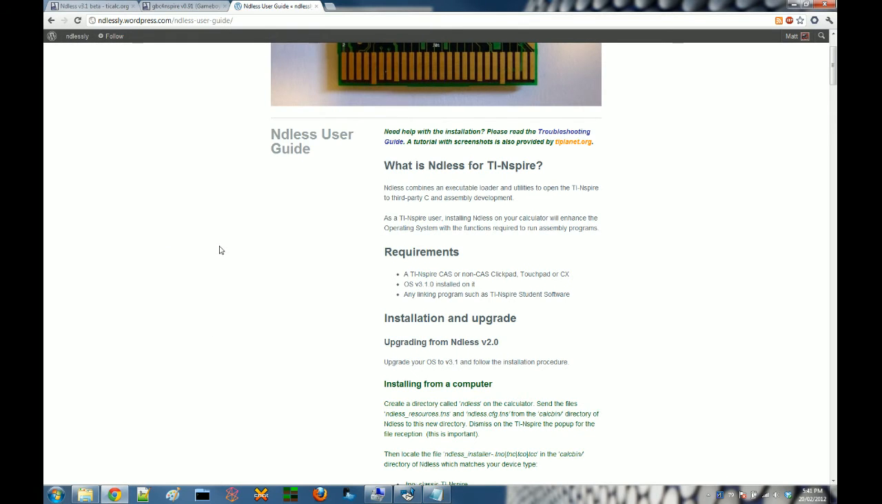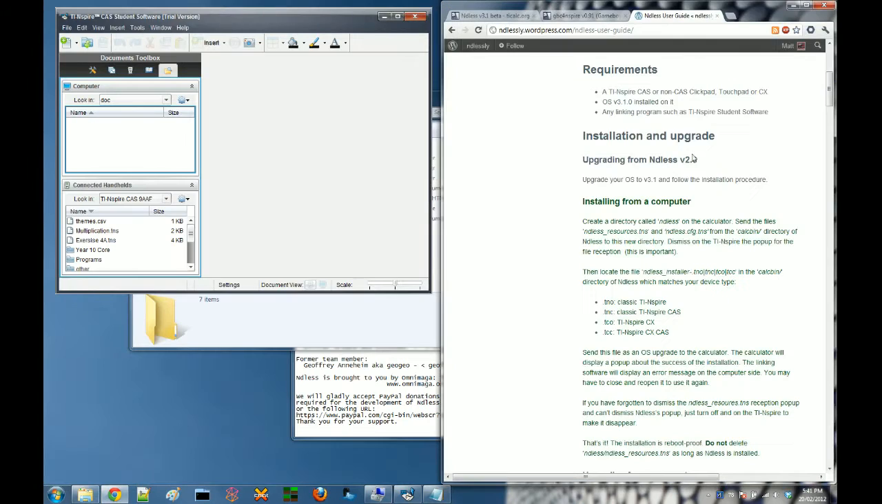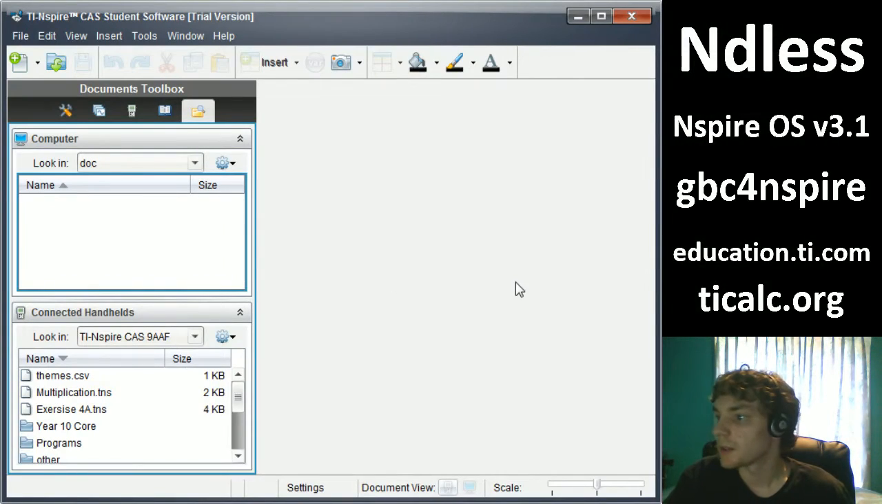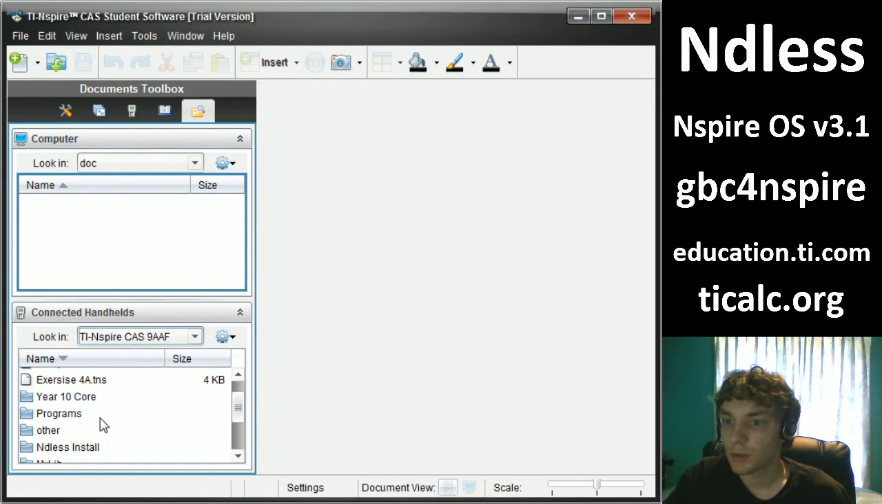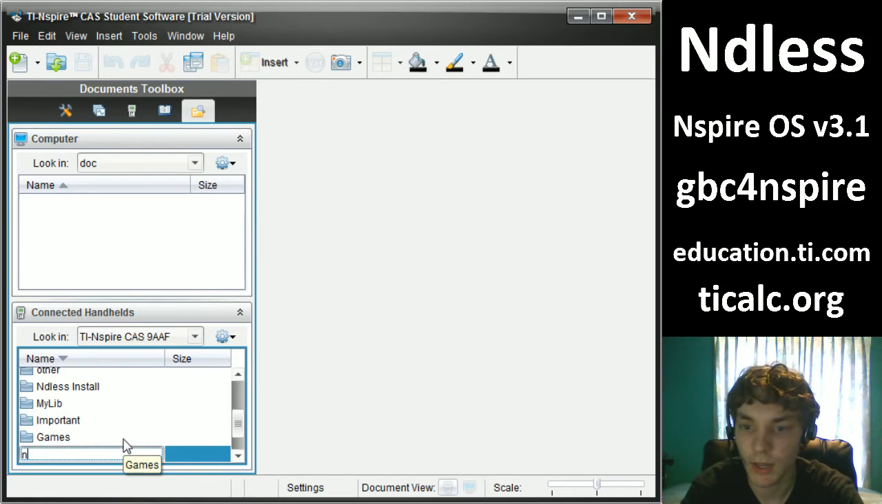So what we're going to start off with is to install it. It tells you exactly what you'll need here. So it says on your calculator, now I'm going to split this screen so I can show you exactly what I'm doing here. It says create a directory called Ndless on the calculator. So what we're going to do is in here I'm going to right click and create new folder, and I'm going to call it